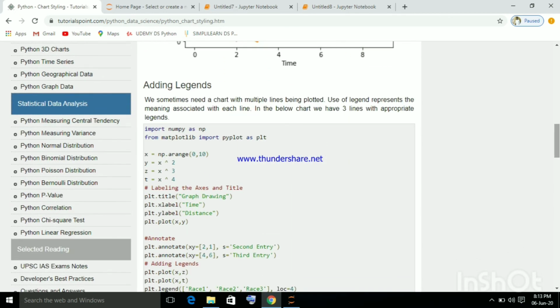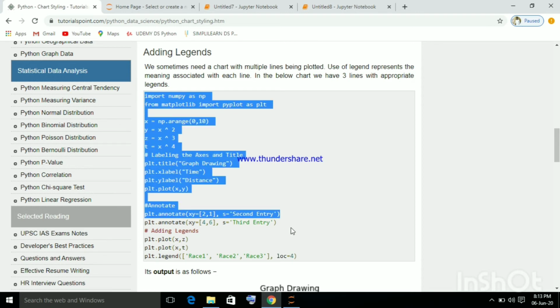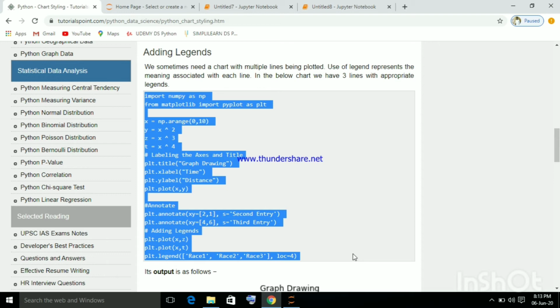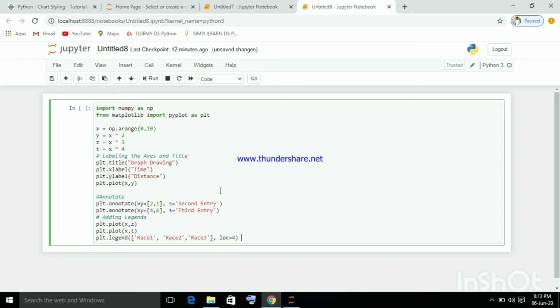Then adding legends, which means adding some extra, additional entries. Now I am selecting this program and copying it with Control C. I'm going to the next Jupyter notebook, clicking here and pasting it. Now I'm going to explain this program.